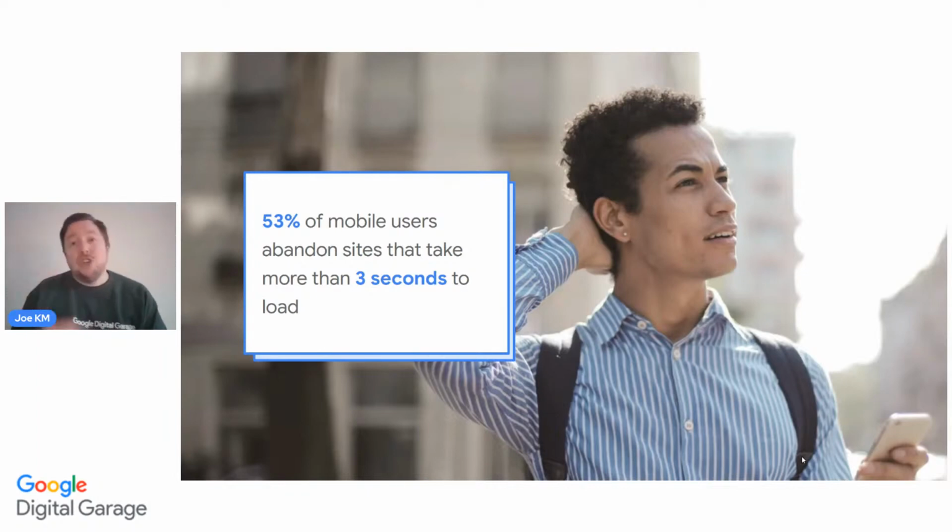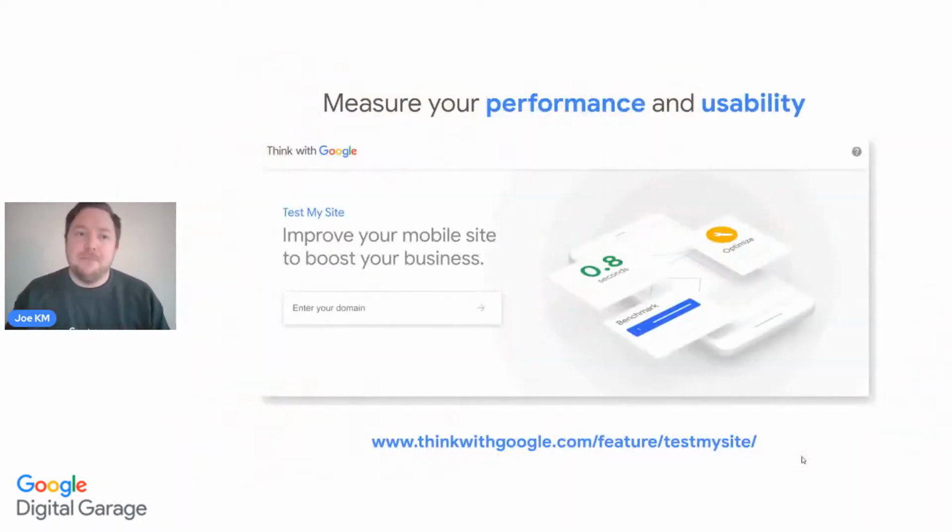So make sure that your site opens quickly, and always consider that time opening a site on a mobile phone is one of the most important things, which is why now Google even times things on mobile first, not desktop. So to do this, go to www.thinkwithgoogle.com/feature/test my site. You literally enter your domain in here, and it gives you a list of possible things that